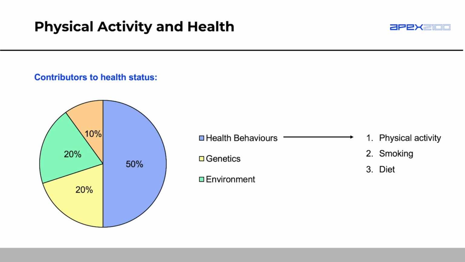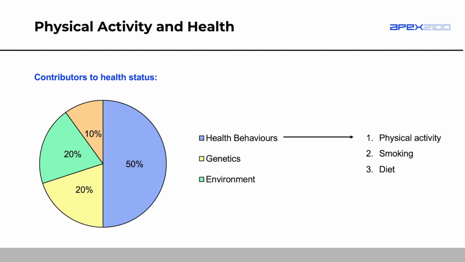About 20% comes from your genetics. So think about different family lines and different conditions that run within different families. You can see why 20% of your health might be down to your genetics. If you have a disease like cancer that runs within your family or someone that you know's family, no matter their health behaviors, they're going to be at a higher risk of getting that type of cancer. Obviously, they can reduce their likelihood with their health behaviors, but it's within their genes.